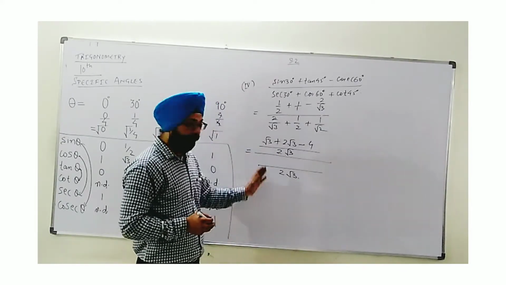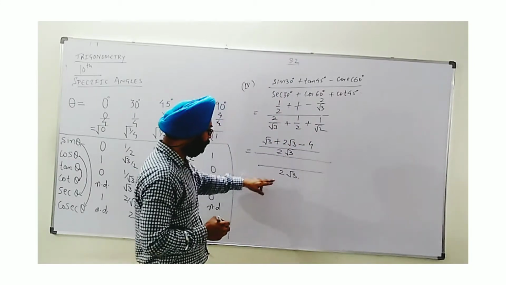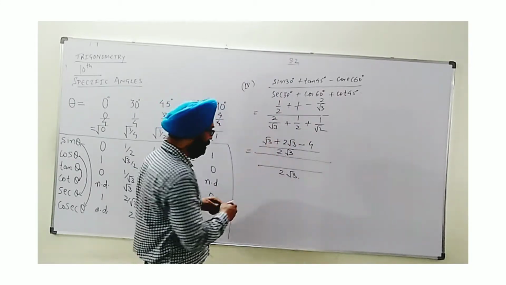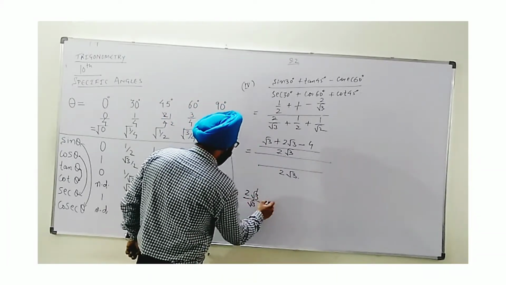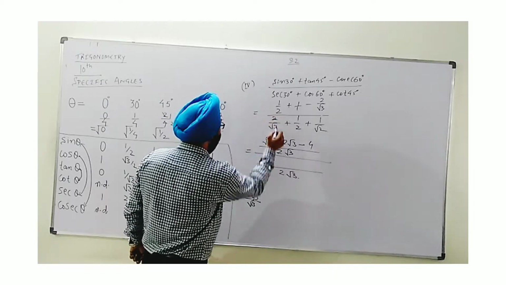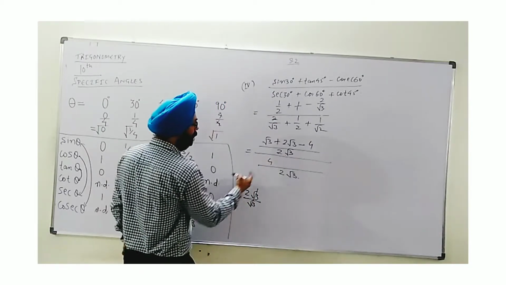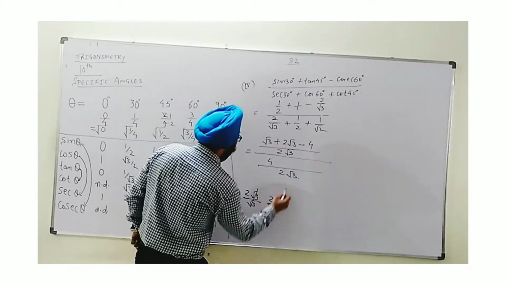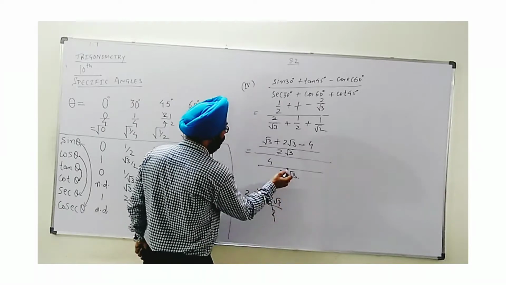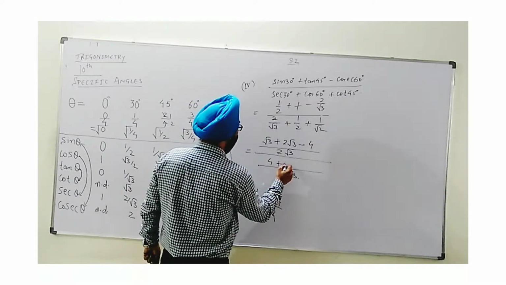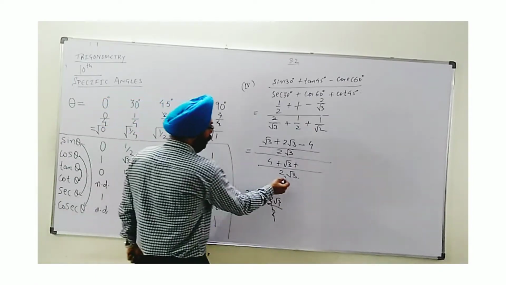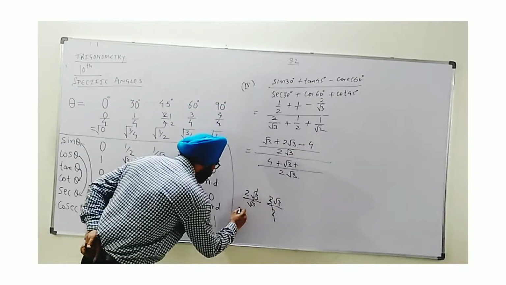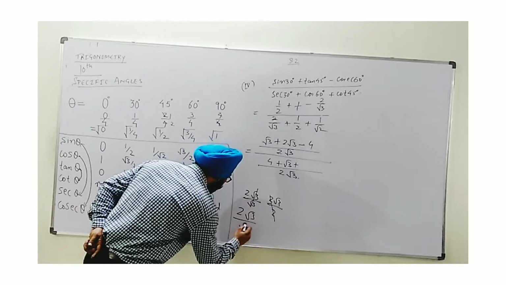Now, in the margin you can do this. Divide the LCM by each denominator. Like this, 2 root 3 when divided by root 3, we get only 2. Multiply to the numerator, we get 4. 2 root 3 when divided by this 2, we get root 3, multiplied to the numerator, we get root 3. Then 2 root 3 divided by root 2.